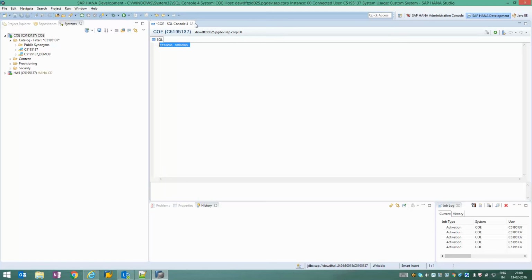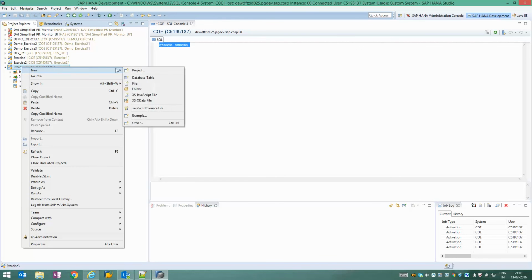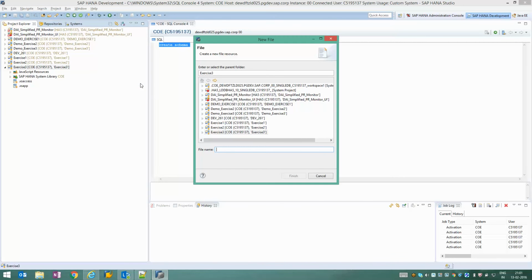So that's the reason we are not going to create the repository object directly using the structured query language in the server. Instead, we are going to use the file based approach. The type of the file that I'm going to develop depends upon the file extension which I'm going to create. Now to create the schema, I need to create a file with an extension .hdbschema.